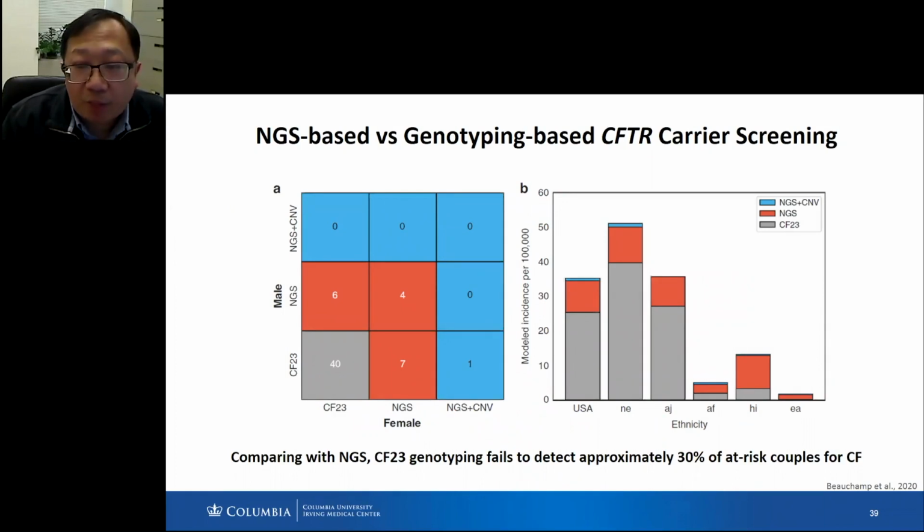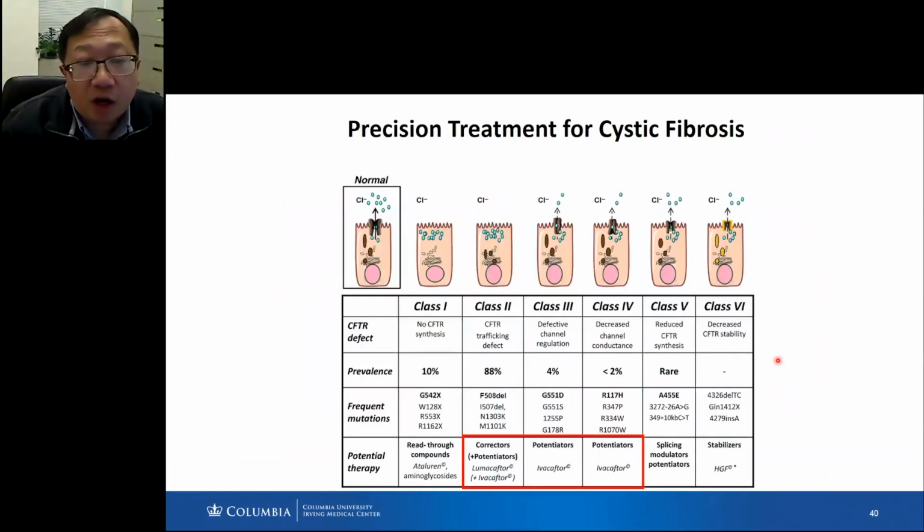One study published in 2020 suggests that compared with NGS technology, genotyping technology that tests only the 23 most common mutations fails to detect probably 30% of at-risk couples for cystic fibrosis. And you can see the NGS technology can detect most of the mutations in the East Asian or Hispanic populations. And so for the treatment, one of the very important treatments is small molecule treatment,